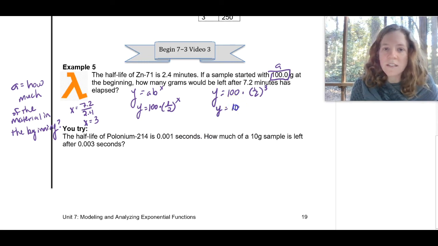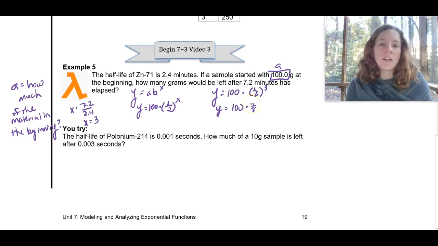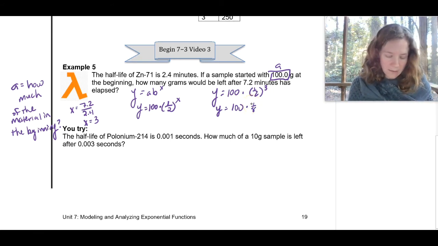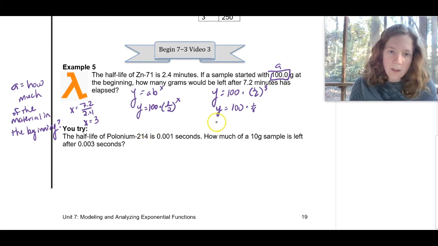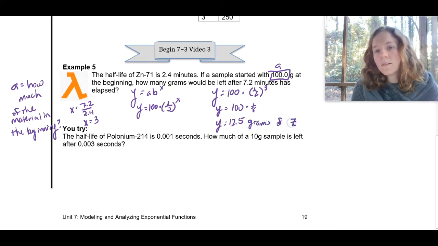If you do it by hand, you're going to do this exponent first, and 1/2 to the 3rd power is going to be 1/8. And 100 times 1/8 is going to be 12.5. So that means that I have 12.5 grams of zinc-71